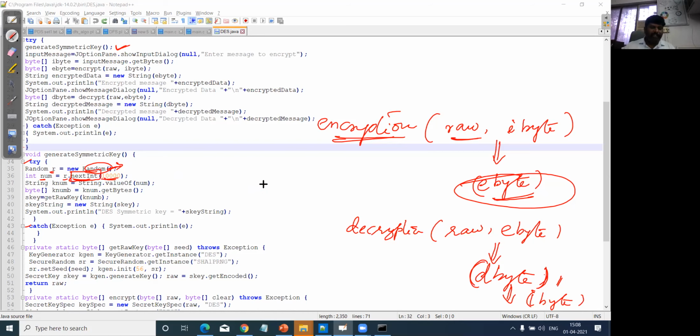Whatever the value I'm going to say, for example, if I'm going to get 5 numbers randomly, all the 5 values, say for example 1, 2, 3, 4, 5, 6, all the values are going to be stored in the random r. And followed by that, I'm going to get the number from all the values stored in r.nextInt, so it will start from here and one value will be fetched based on the total number of values given in the bracket.